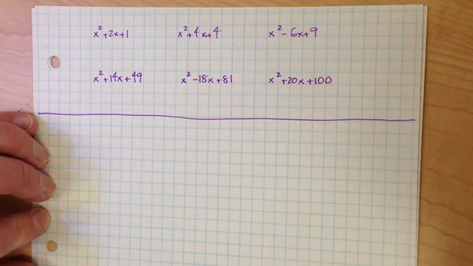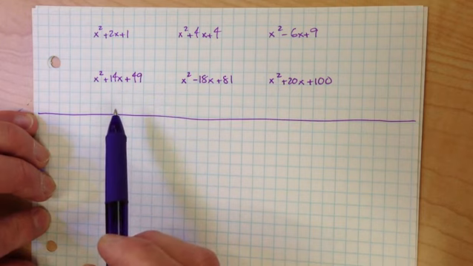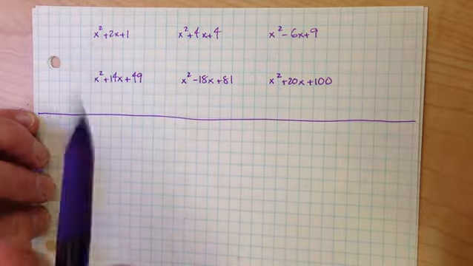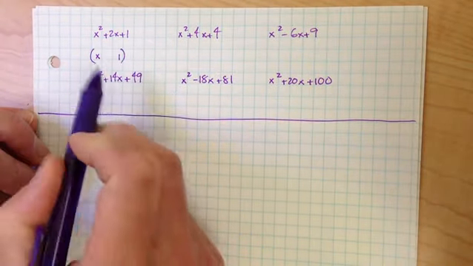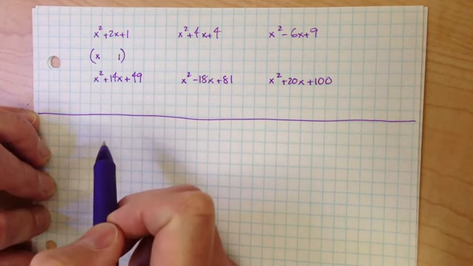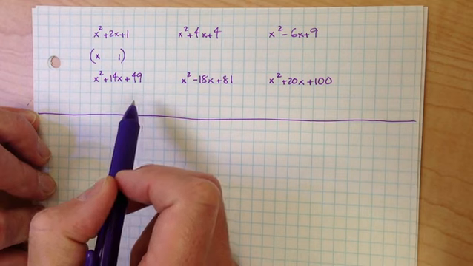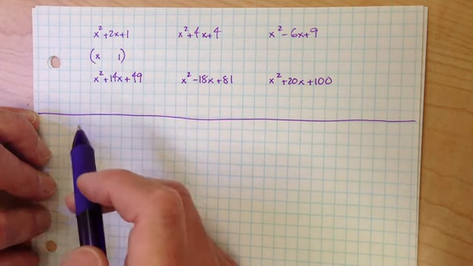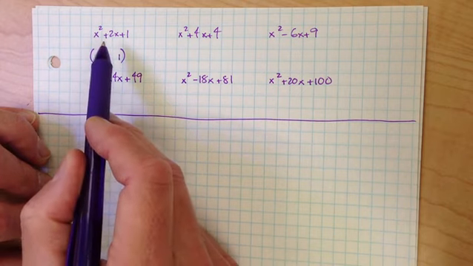I really appreciate it. First thing I'm going to talk about is a little bit of factoring. You're going to see where this leads into. Hopefully you're recognizing what these are. If you take the square root of the first term, x, and you take the square root of the last term, you can multiply those two together, which gives me 1x. If you then multiply it by 2 and you get your middle term, which you do, 2x, you then have a perfect square trinomial, so you can take your middle sign of 2